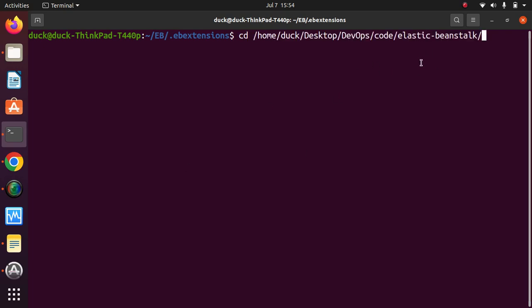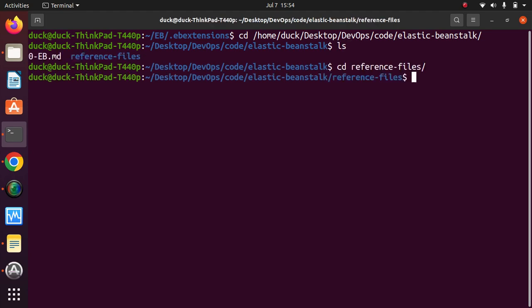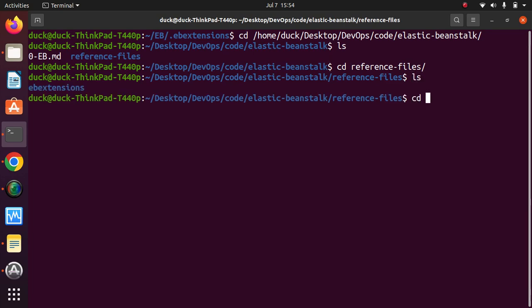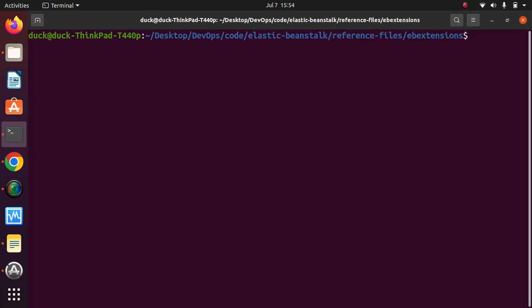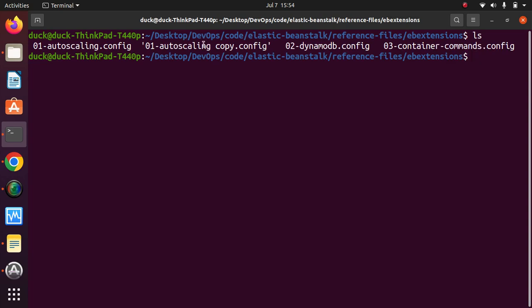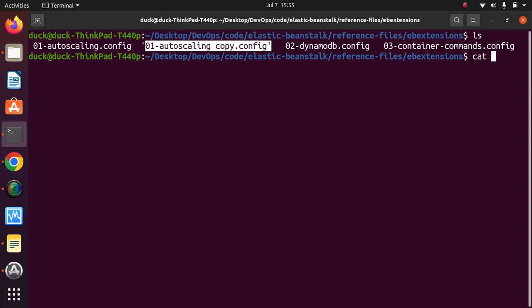If I go back here in the elastic beanstalk and do cd reference, cd eb elastic extensions, and here if I do ls, here is the second one, that is the auto scaling copy.config. I wanted to copy this one, and let me check what is written in that file. So cat and